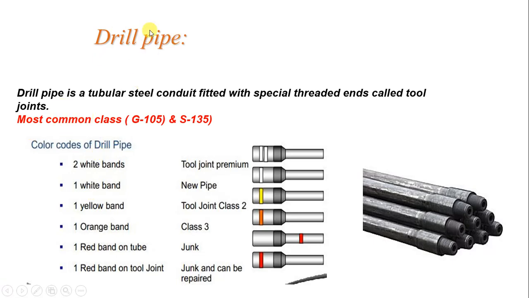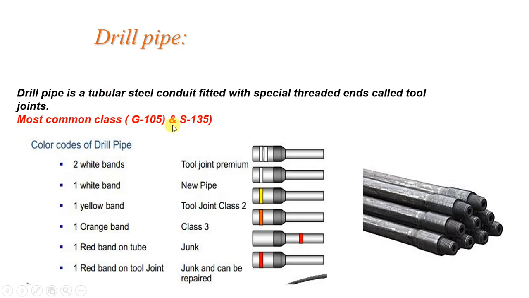The grade of the drill pipe: the most common grades or classes for the drill pipe are G105 and S135. So, for example, if you have 3.5 inch, you have 3.5 13.3 and 3.5 15.5. This is pound per foot, okay, it's weight. But the grade is G105 and S135. S135 means it has higher capacity for its yield. So you can apply more overpull if you need to make fishing, for example, or whatever.